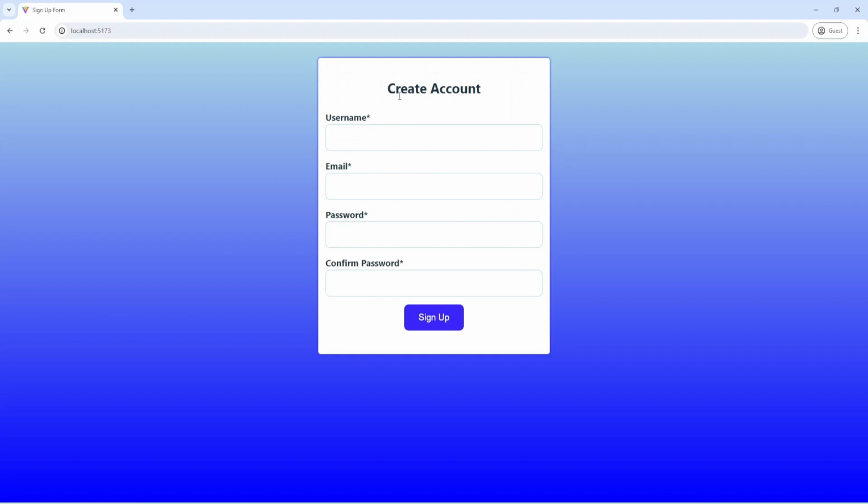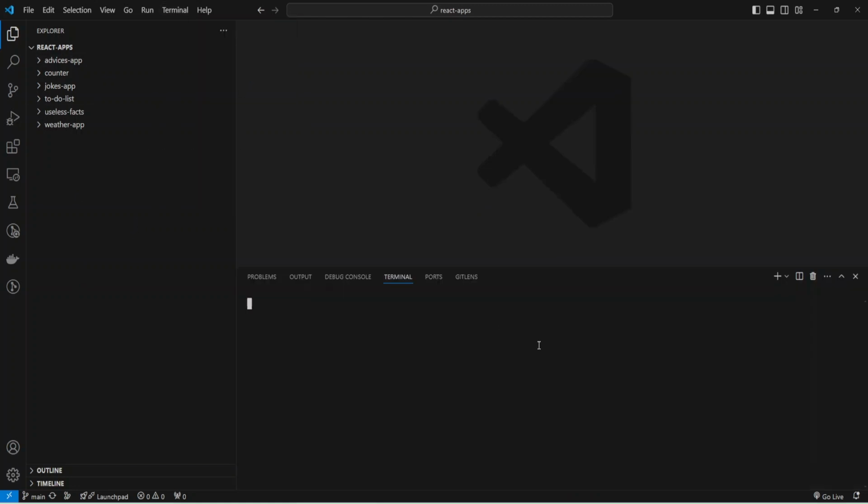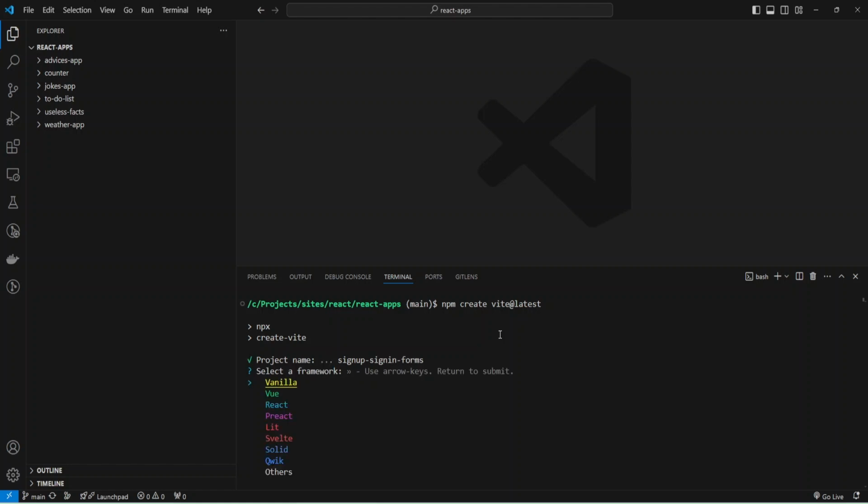And let's go to the code and build our form. I launched my Visual Studio Code Hub folder where I store my React apps, and now I'm going to run a new terminal and run the command npm create vite at latest, and provide my project name. It will be sign up, sign in forms, and select React and JavaScript.